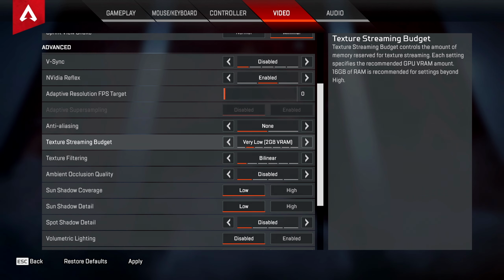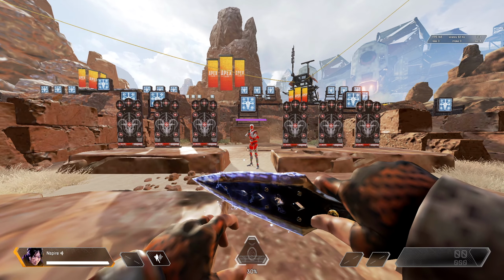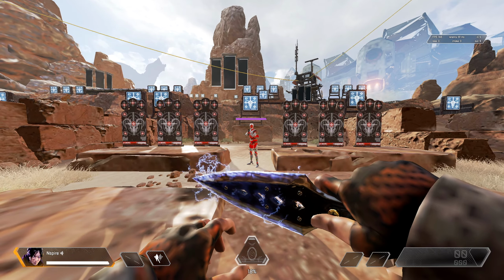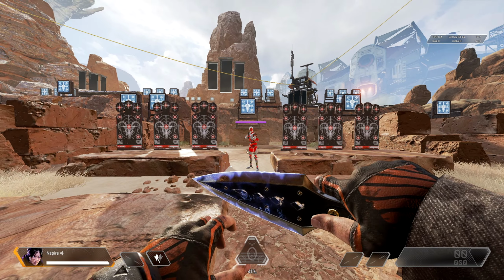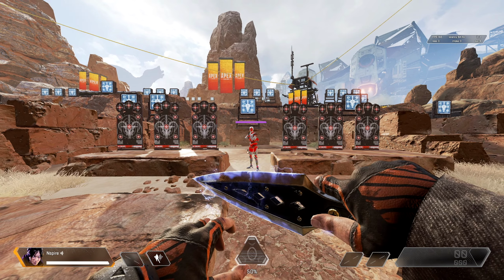Now with texture streaming budget, the only reason I have this on 2 is because I like the way it looks compared to 0. This is what it looks like when you have texture streaming budget on none. As you can see on the hands, everything just looks blotchy and pixelated. And this is what it looks like on very low. Now as you can see, there's a very big difference,